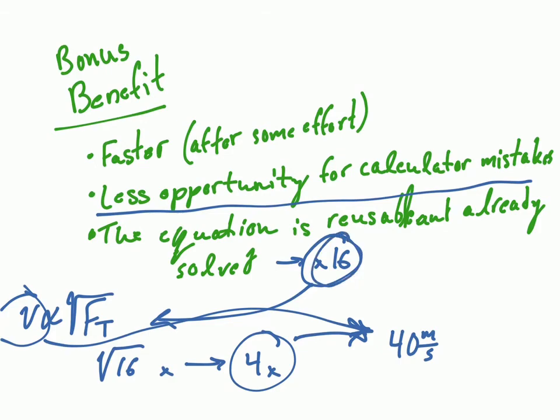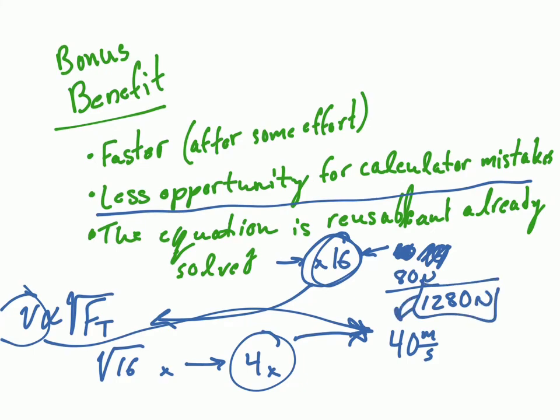Assuming that 80 newtons was multiplied by 16 times. Oh, numbers are hard. When you multiply 80 newtons by 16 times, you get 1,280 newtons. With 1,280 newtons, you would have to spin it at 40 meters per second to keep the same mass and radius